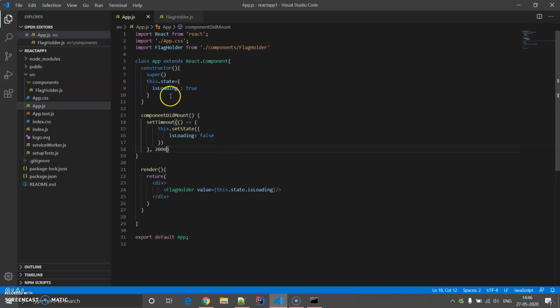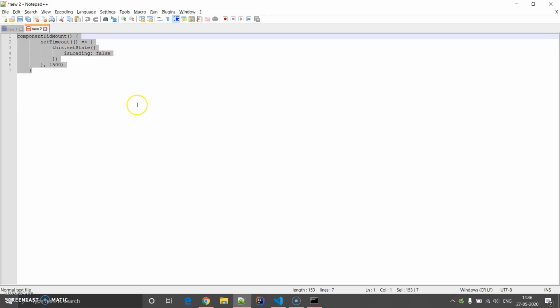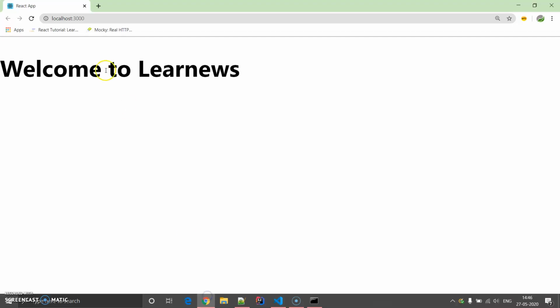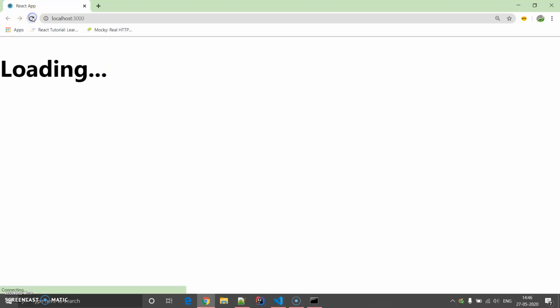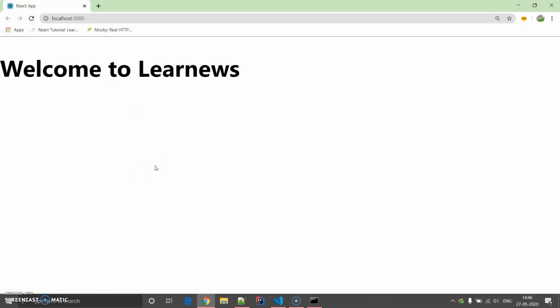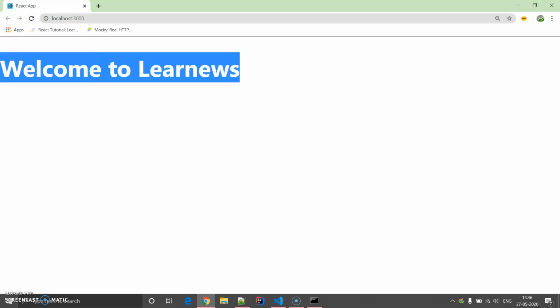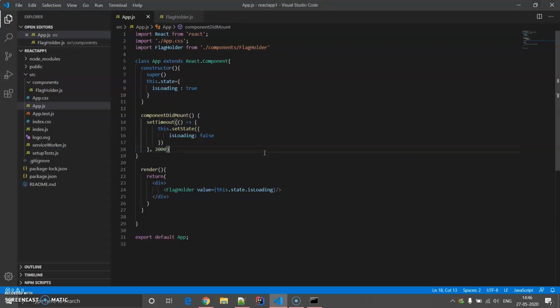After 2 seconds, the isLoading state which is true now will be transformed into false. Let us quickly see the example. Let me reload it. You will see the magic. Loading, after 2 seconds, tada, magic. Welcome to Learn News.